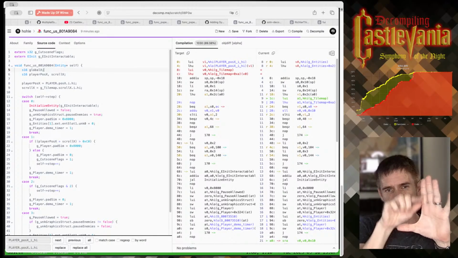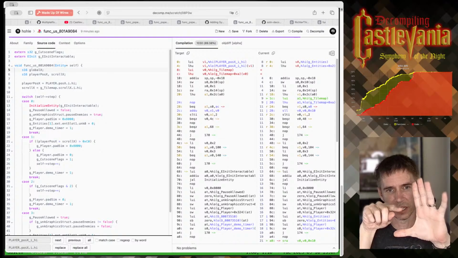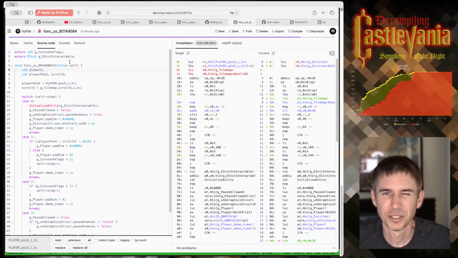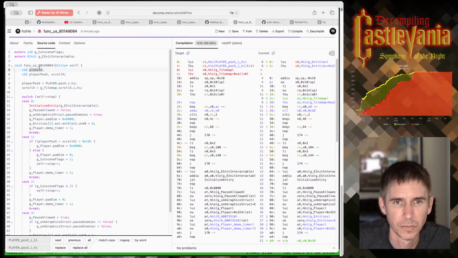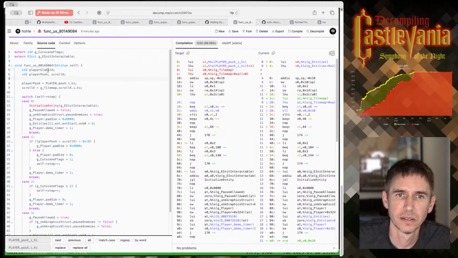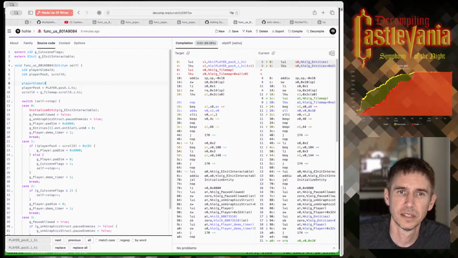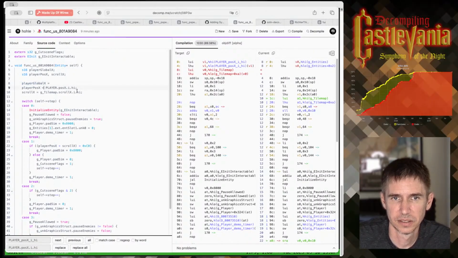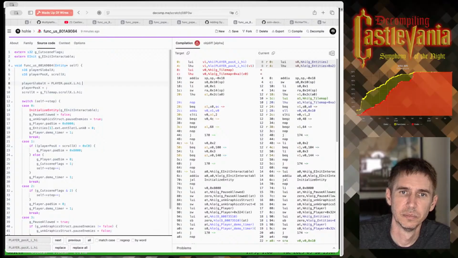The player position is the position in the viewport, not the position in the map. So, yeah, we'll call it player global X, and I think it's being calculated at the top.